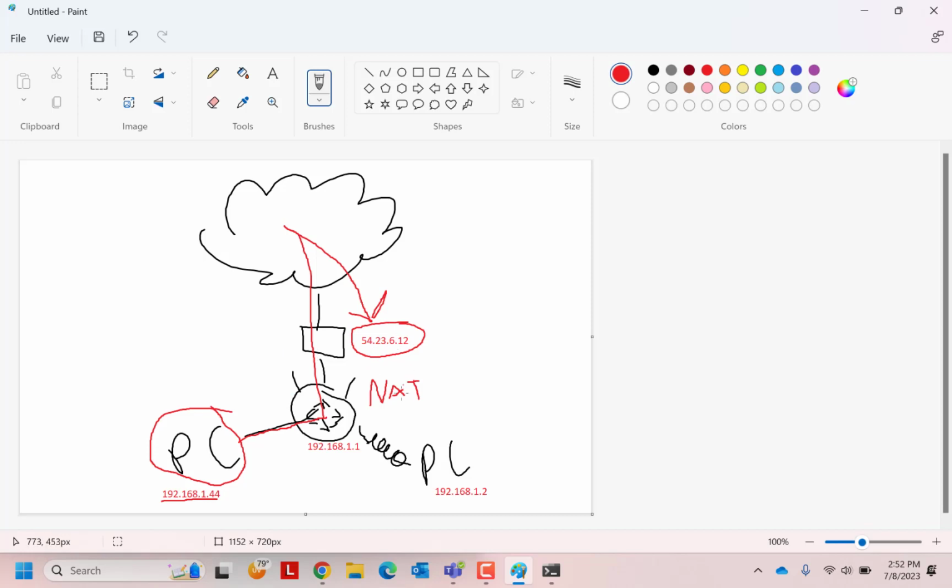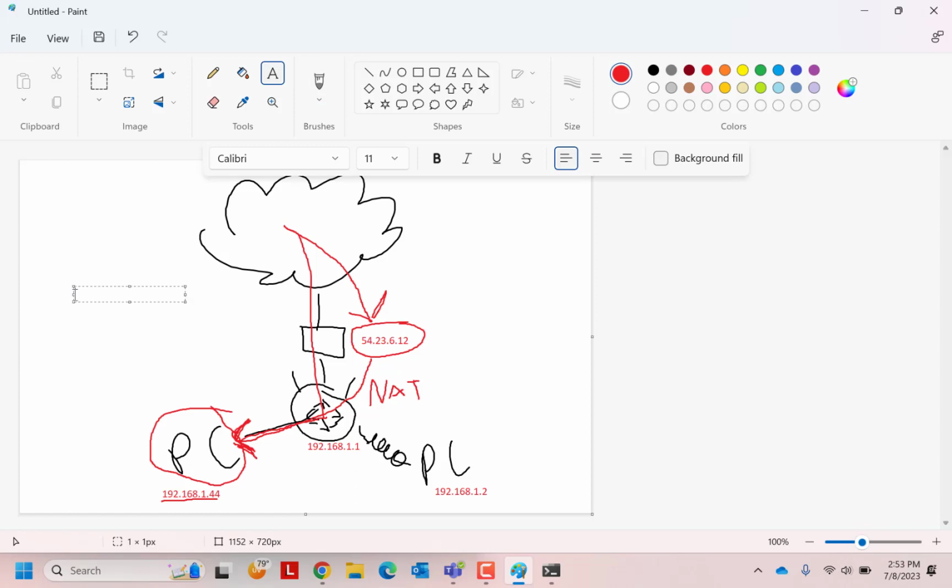When the return traffic comes in, the router looks at its NAT table and says, oh, who requested the Google search on boats? It was the computer at 192.168.1.44. So then it can go through the NAT sort of in reverse and get the traffic back to the PC. The way that the NAT table looks is it actually has something in there known as the source and destination port. So inside of the NAT table, I would see something like